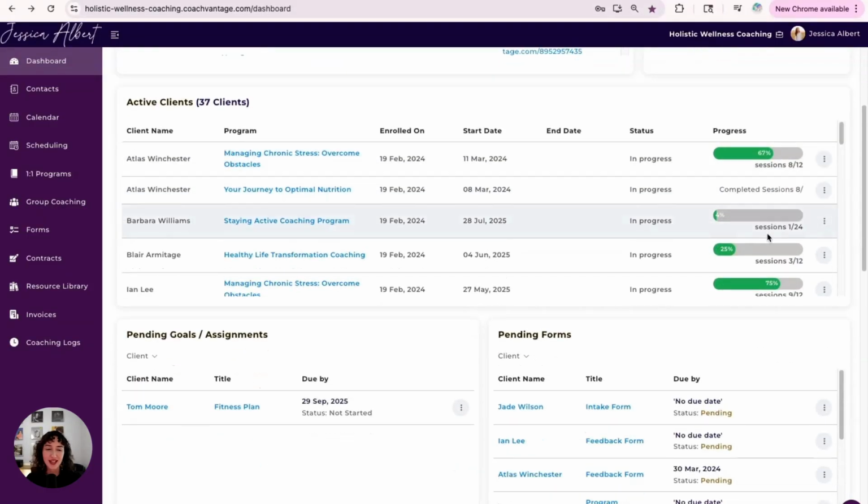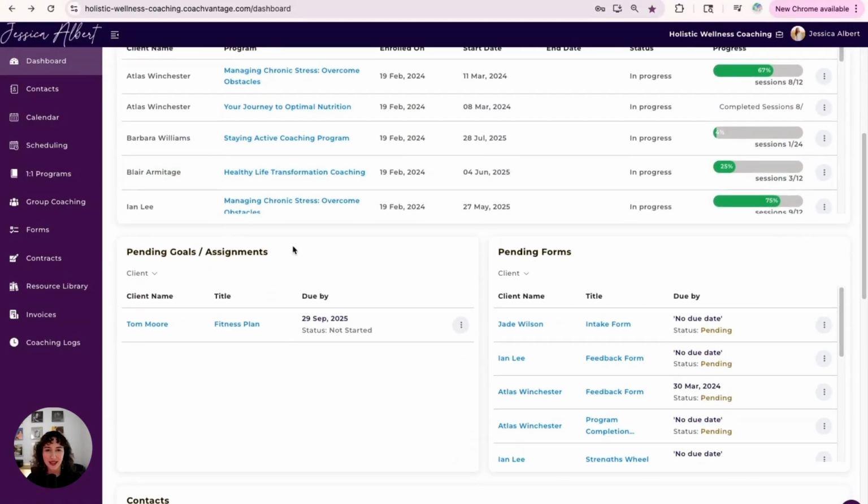Scrolling down further, let's take a look at the Pending Goals and Assignments section. This table lists all the goals and assignments that you have assigned to clients. If the due-by date has lapsed and your client has not completed the goal or assignment yet, you can click on the 3-dot button menu and select Send Reminder Email. CoachVantage will then automatically send a reminder email to your client, reminding them that they have an outstanding goal or